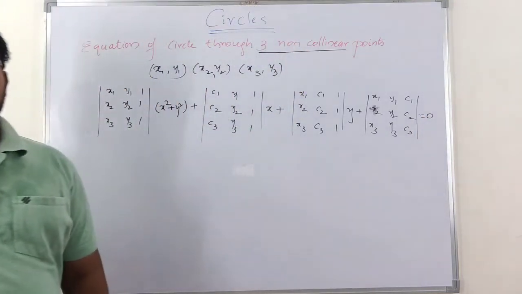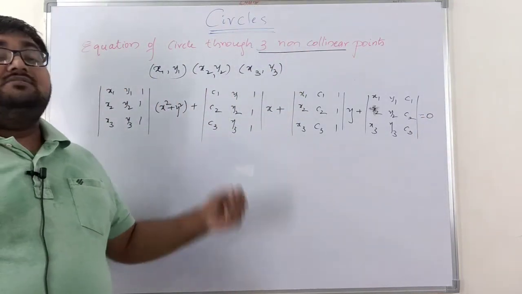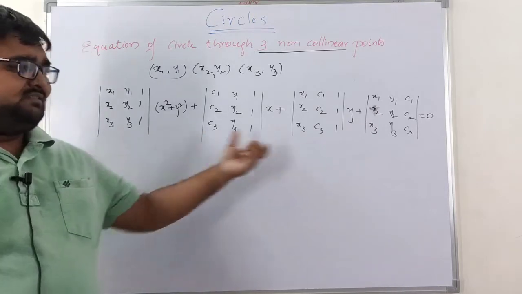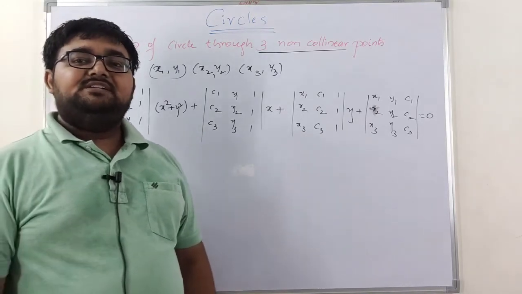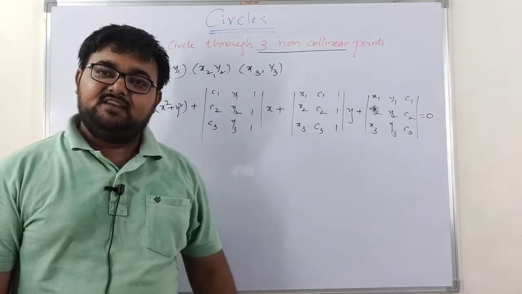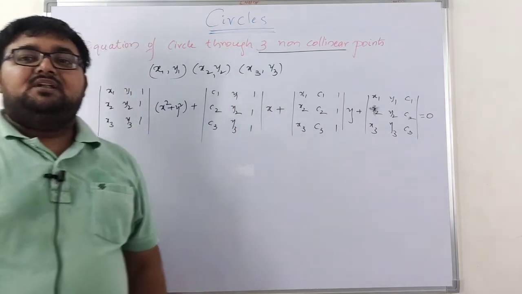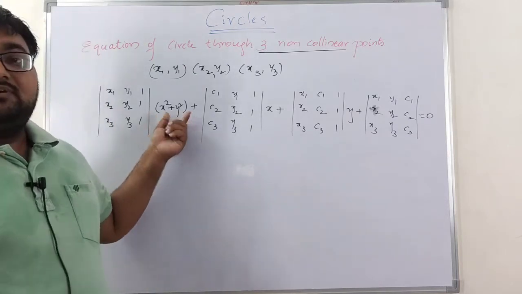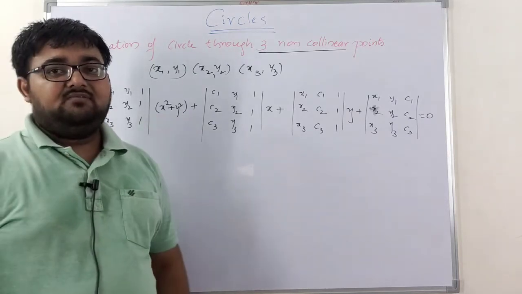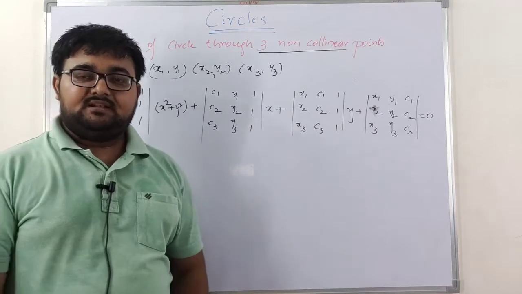So this is nothing but the formula, by using which we get the equation of the given circle when 3 points (x1, y1), (x2, y2) and (x3, y3) are given, right? Now how to remember this? See, already we know the x square coefficient and y square coefficient should be equal in a circle, right?